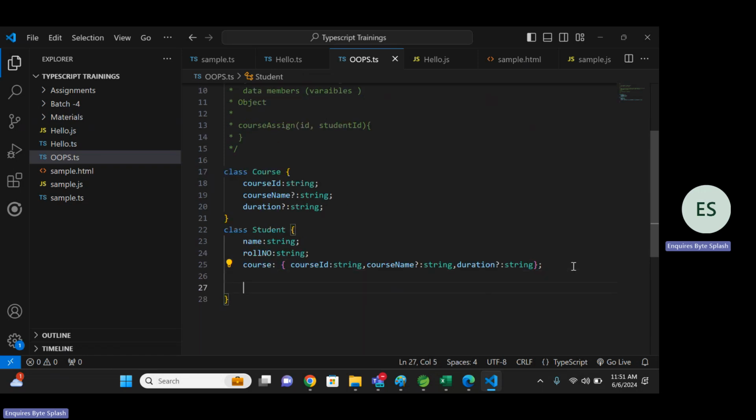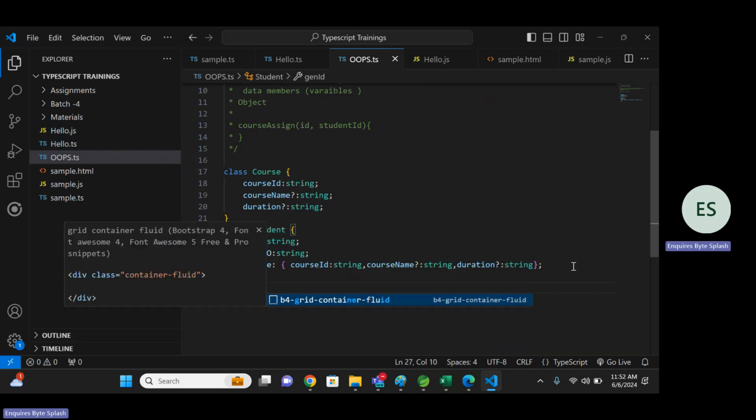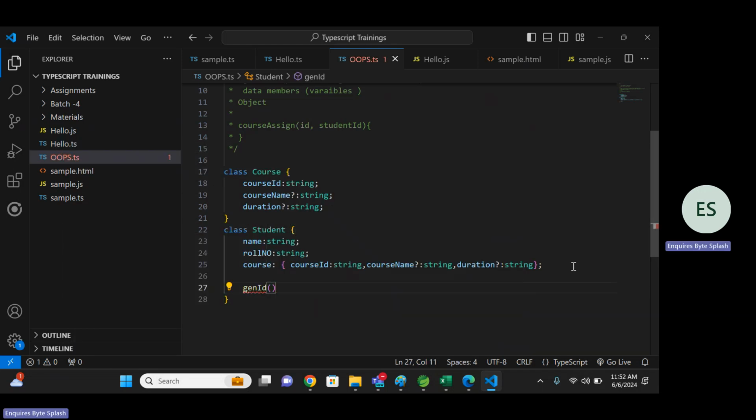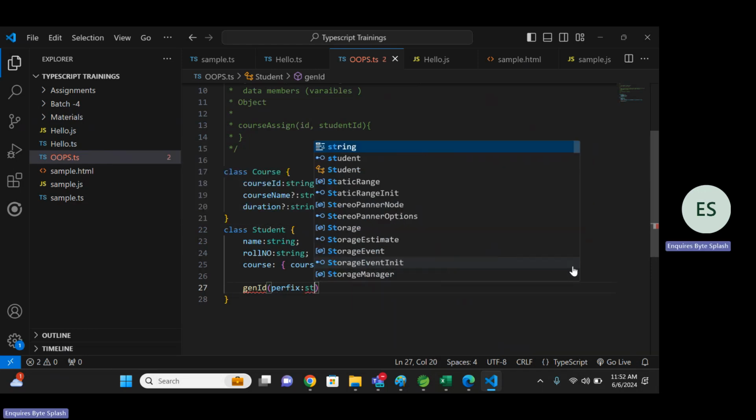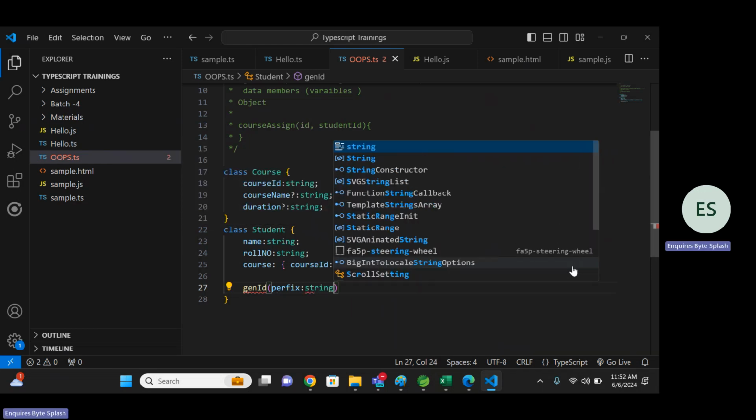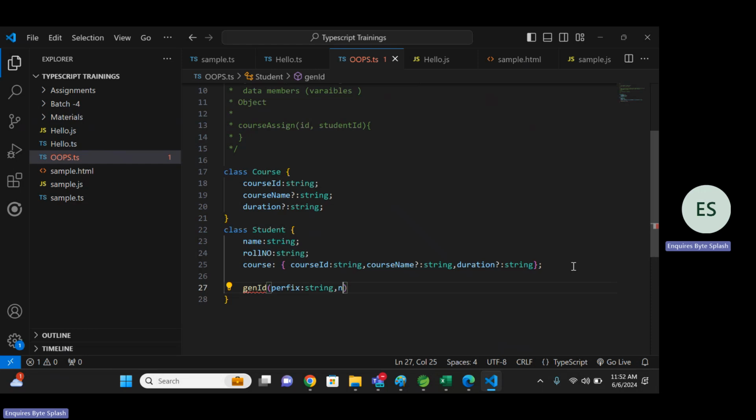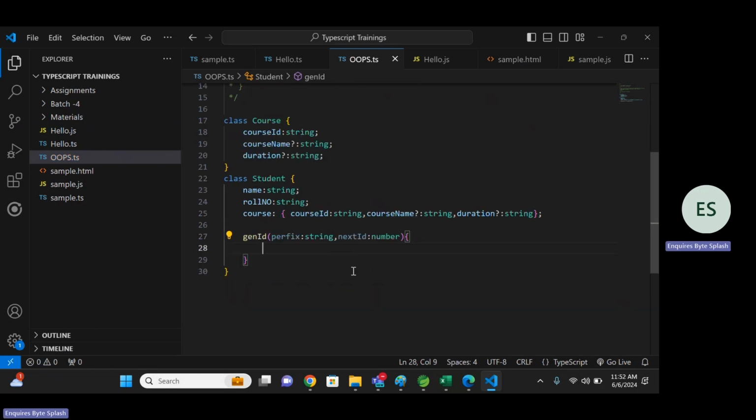And again, I can create a function, generate ID. What is the prefix? Prefix is a string. It might be T. T is the prefix, right? This is training. Next ID. What is next ID? Next ID I want to give from the database. Next ID will be a number, which will be 67. Then I can store it as a roll number. I can generate this dot